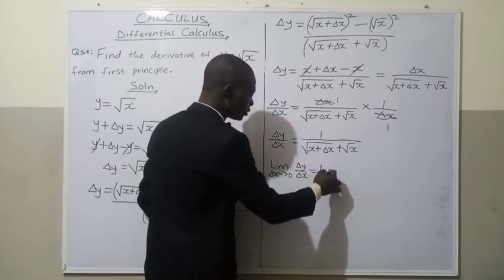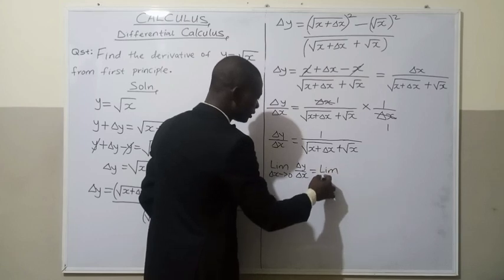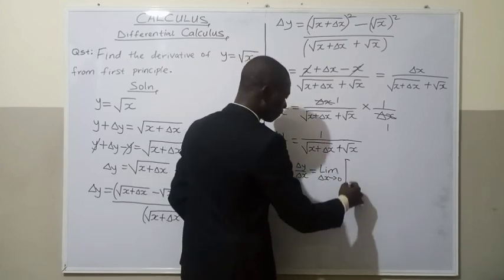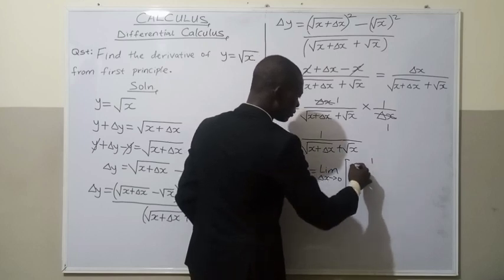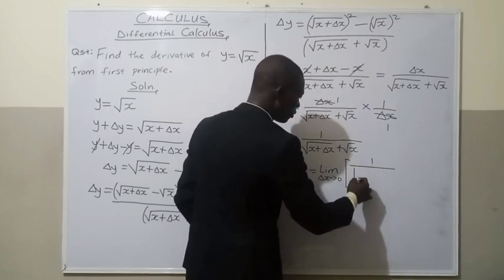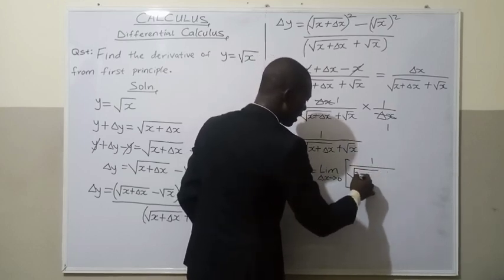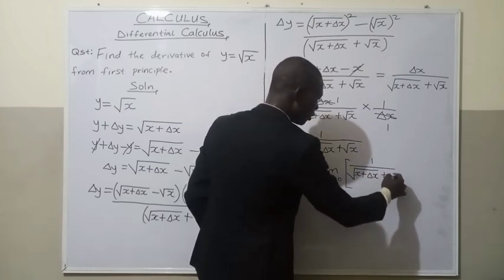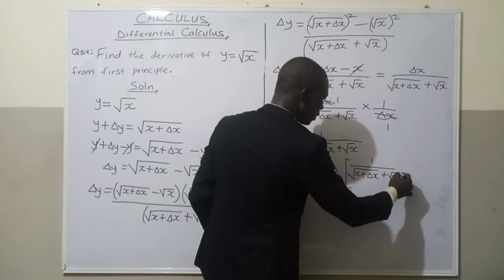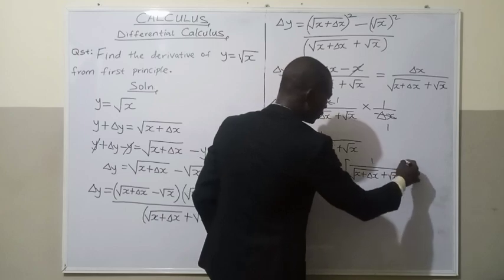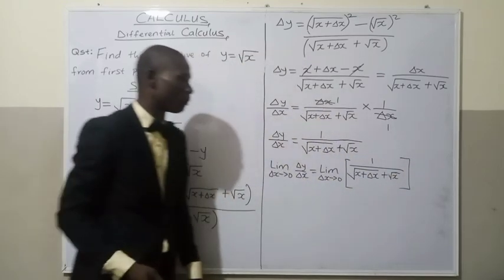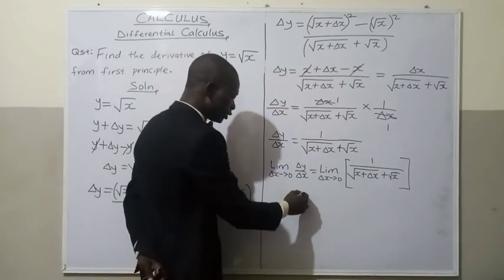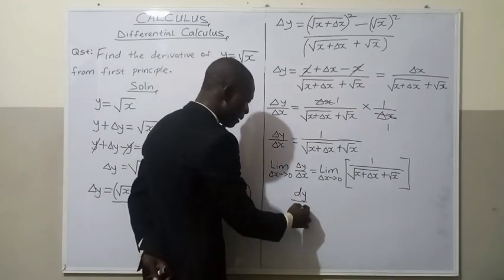That's going to be equal to, for the right hand side also, the limit as delta x tends to 0 of 1 over root of (x plus delta x) and then plus root x. All of this makes up the denominator, and then we enclose our bracket. So when we limit delta x tending to 0 for the left hand side, of course we are going to have what? dy by dx